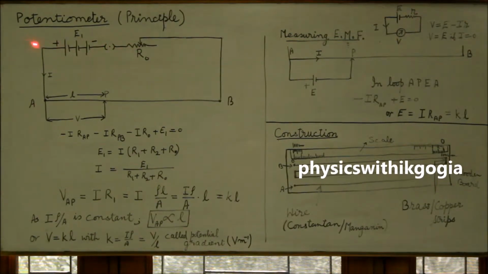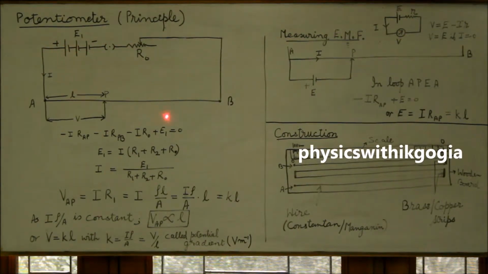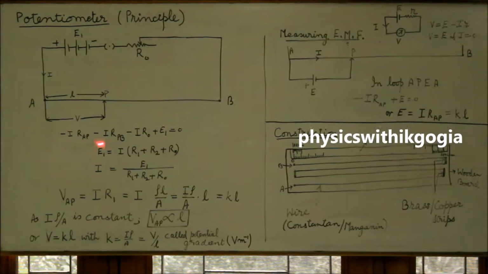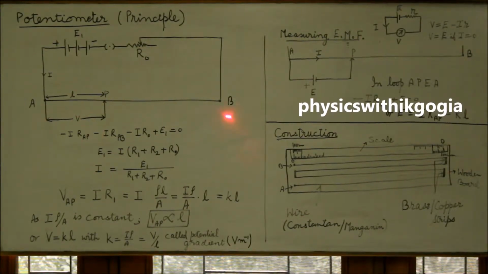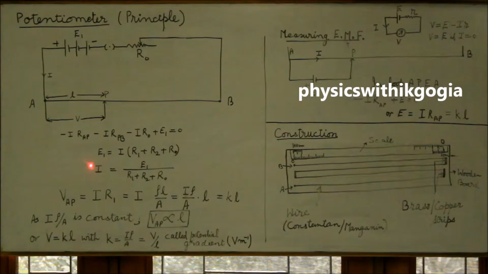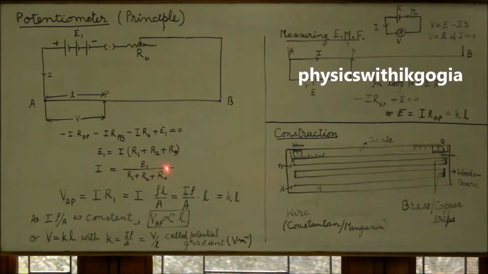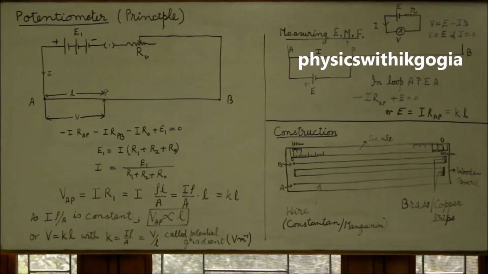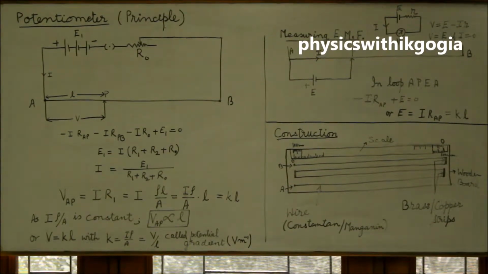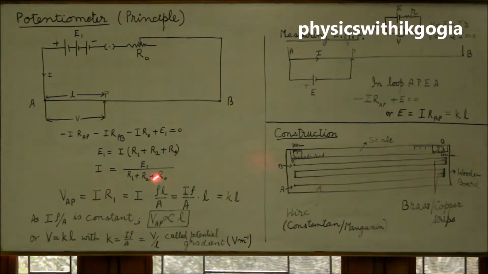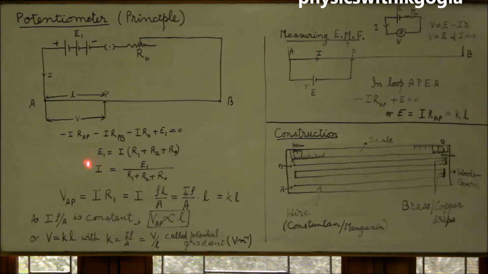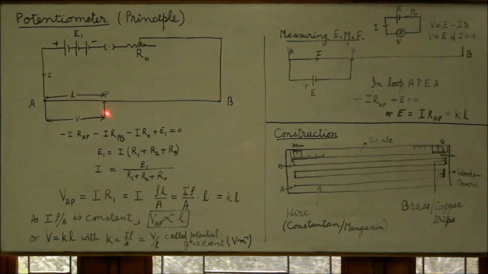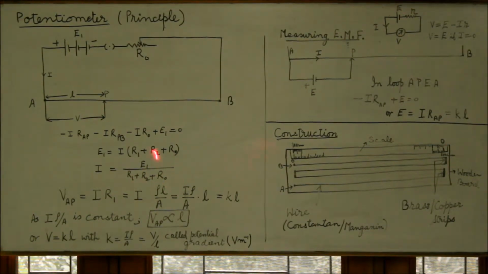Here we are moving from negative to positive terminal of the battery, so EMF will be taken as positive, leading you to this equation. The current through all the three resistances is same. So you can rewrite the equation as E1 is equal to I (R1 plus R2 plus R0), which gives you a value of current as I equal to E1 over (R1 plus R2 plus R0). You can see the current is not affected by position of point P. Wherever you take P, these resistances will be added up in the denominator.